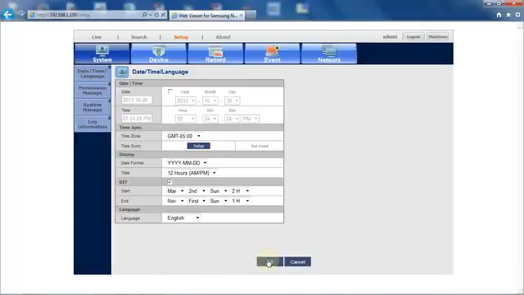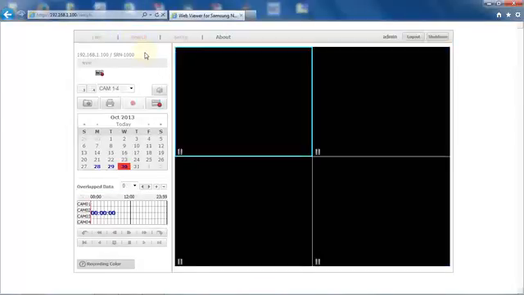And then just take a look at the clock and make sure the clock is correct. You might need to manually set it the first time to make sure it's correct, but then it will change correctly. One other thing is when you're playing back video, when the daylight saving time takes effect, sometimes you'll